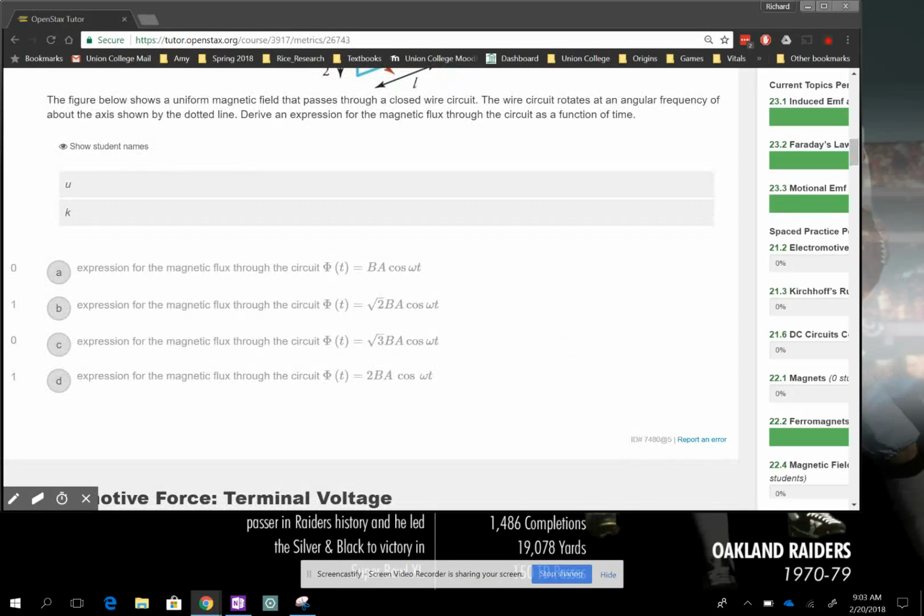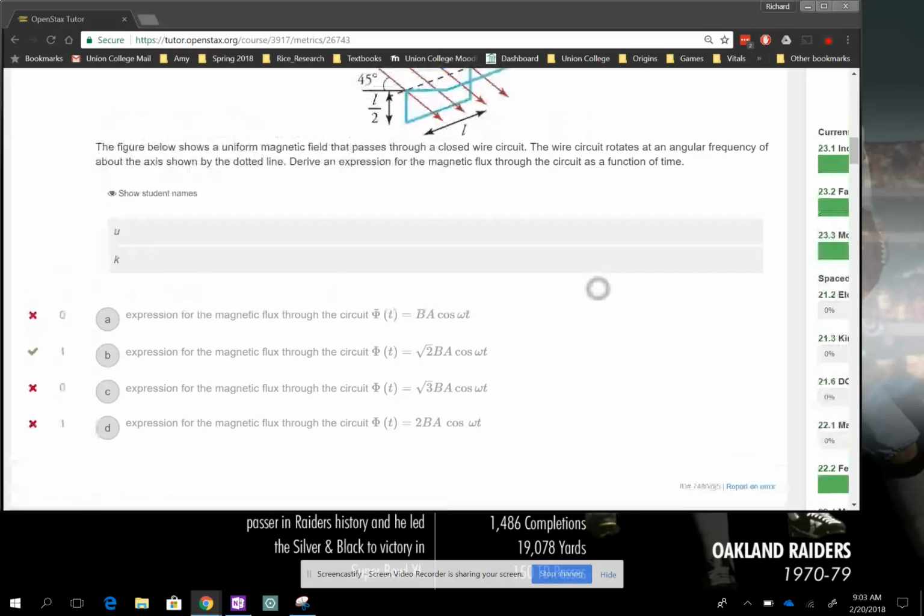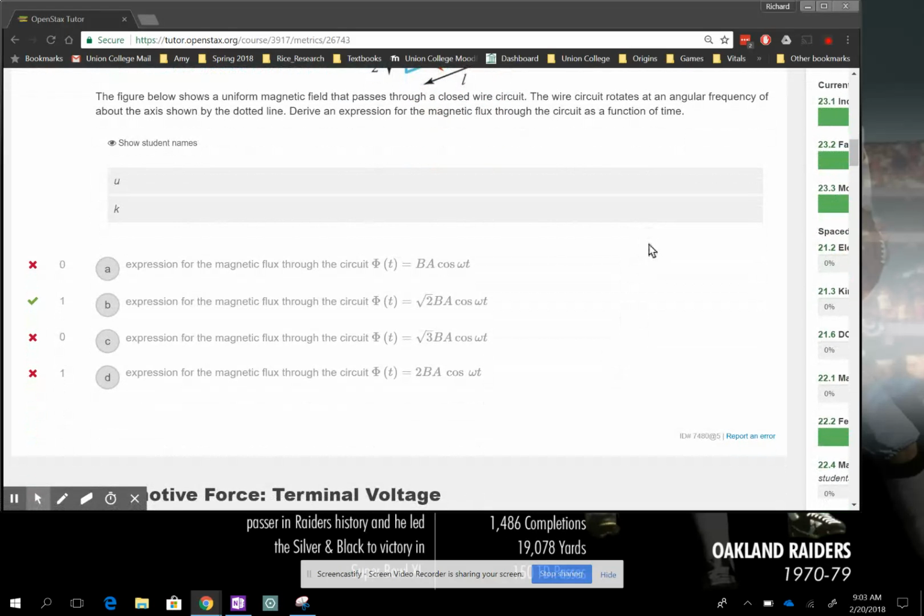Yeah, see they went ahead and did it. It's not showing us the correct answer, but I'm pretty sure that this one here, oh yeah, it does. That's what you get from combining the sine and the cosine. Okay, so they're not actually wanting a numerical number. No. Okay. Because they didn't tell us what B was, and they used A instead of L squared. Okay. And that's all the new ones on that one. So we finished